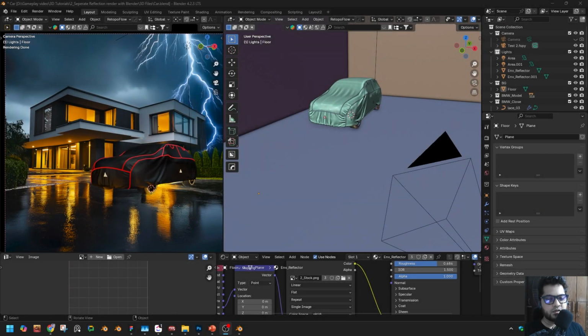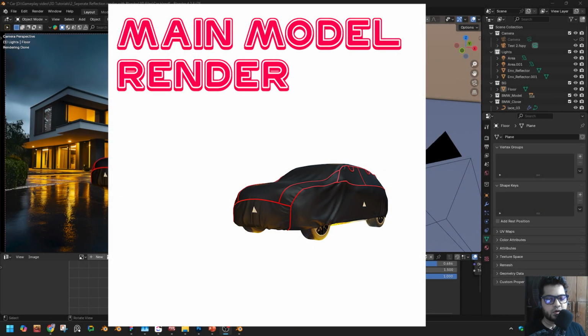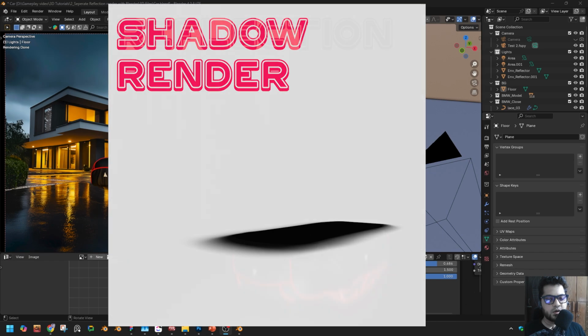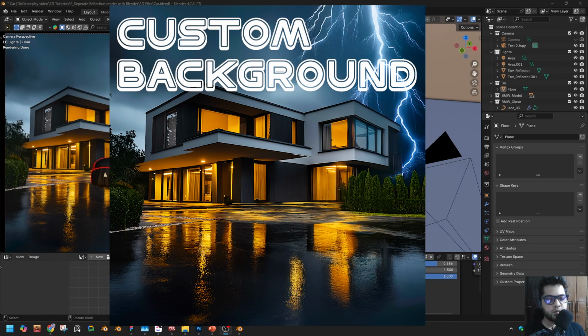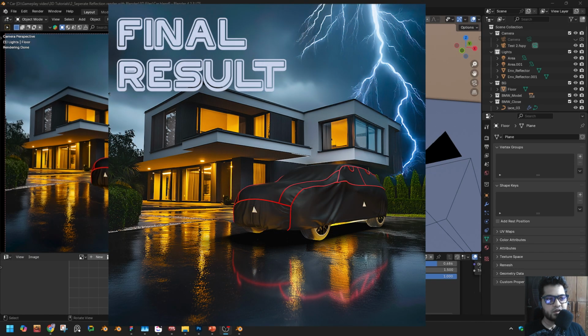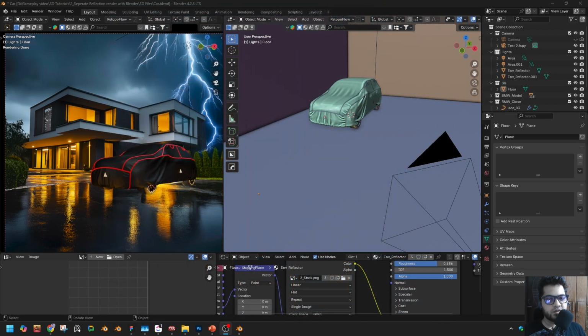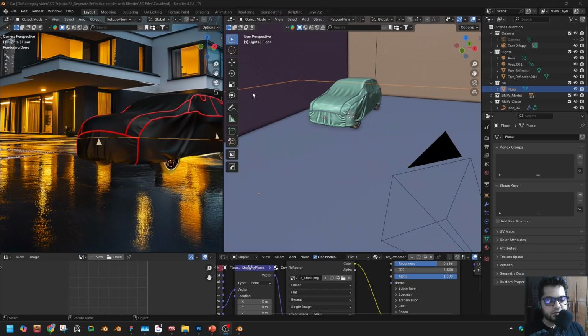Hi everyone, in this video I'm going to show you how to render only reflection in Blender. This technique is super useful for compositing, product visualization and VFX works. So let's dive in. We will use this car model for the video, which was made by Ahsanul Karim Abid,